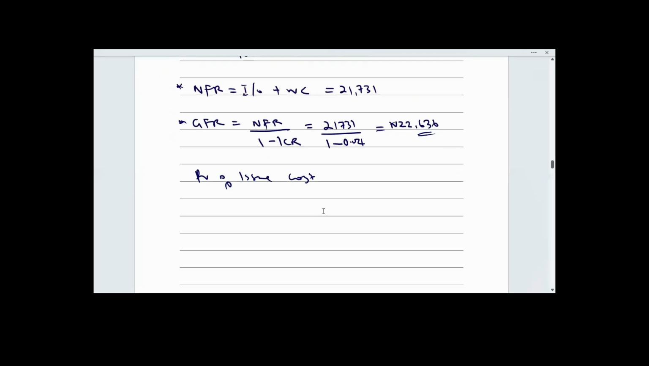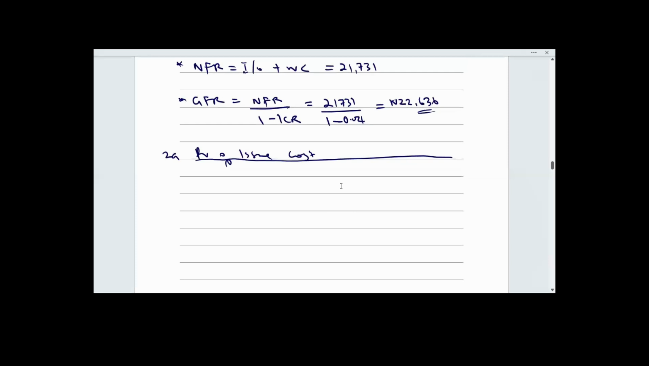Okay, let's just continue. So the PV of issue cost, that will be 2A.9. So I want to continue the PV of the financing effect. When you want to calculate the PV of issue cost, the first thing you are going to do is to determine the amount attributable to issue cost. That is, the issue cost amount will be equal to the gross finance required multiplied by the issue cost rate, which is equal to the gross finance